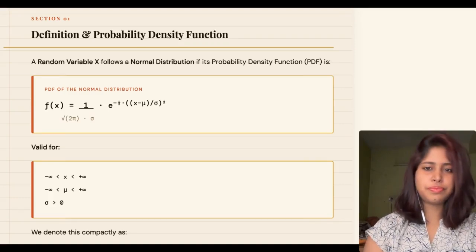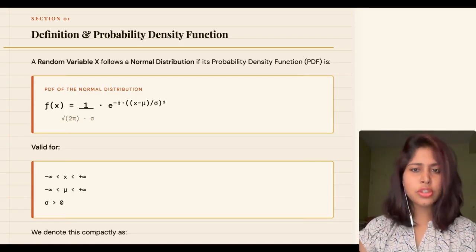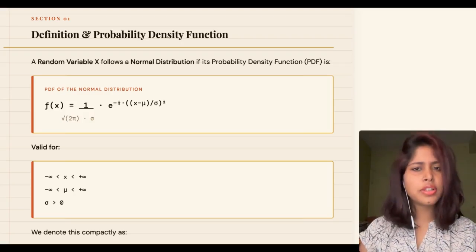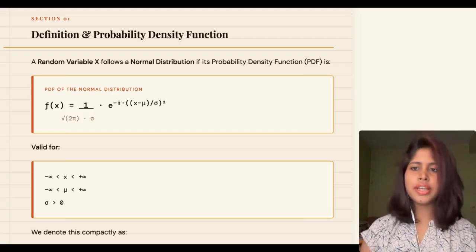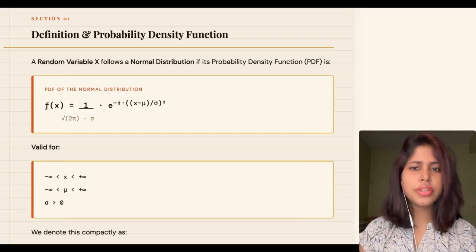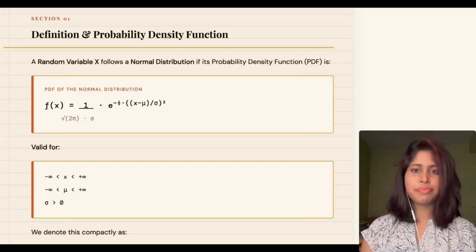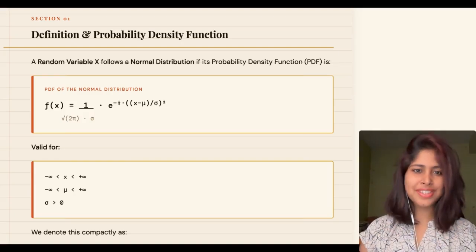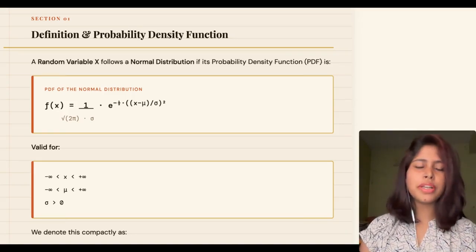Now look at here. What is a normal distribution? Okay, so let us start from the very beginning. Imagine you are measuring the heights of 10,000 people. Like some are very short, some are very tall, but most people cluster around some average height. If you plot that as a frequency curve, you will get a beautiful symmetric bell shaped curve. That curve, that is the normal distribution. And just now what I've said is one of the applications of normal distribution. Okay, so now formally, what is it?